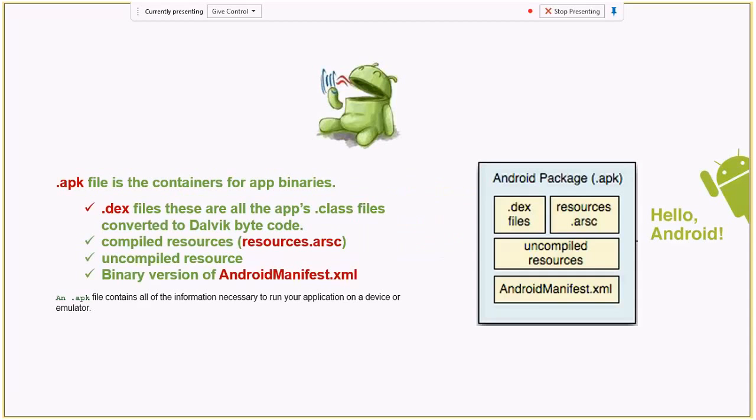Just to give you a quick look inside the APK, this is how the Android SDK tools lay down the resources and the .dex file I talked about earlier: the uncompiled resources, which are normally the images, and the resources which it can compile to reduce the size of the app, like strings and the layout XML files. The layouts are the actual UI which will be displayed on top of an activity object. And there is, of course, a binary version of the Android manifest file.